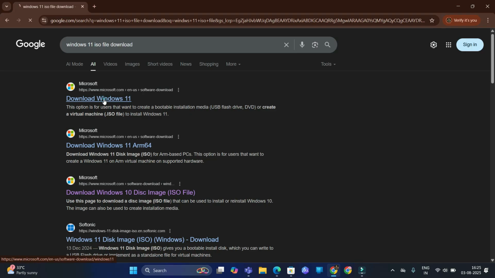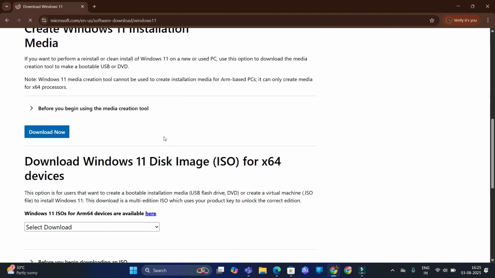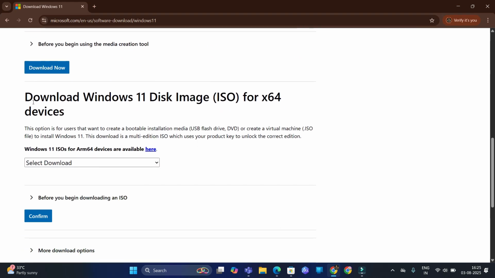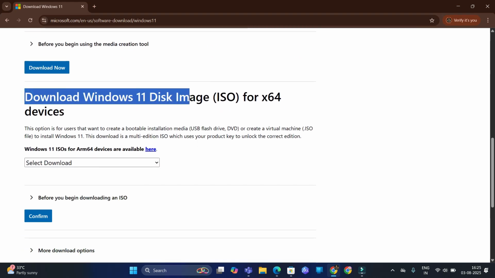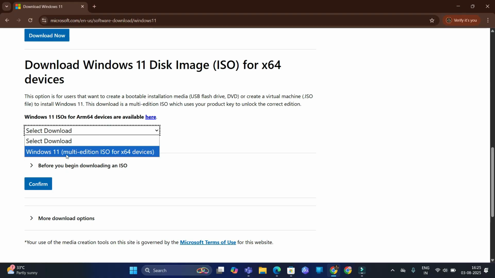Open the first link. When you open the first link, slide down a little bit. You can see the download Windows 11 disk image. So select here. I'll select Windows 11 multi-edition ISO, and confirm,